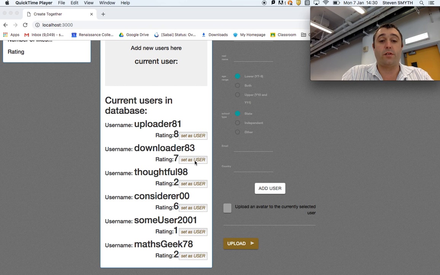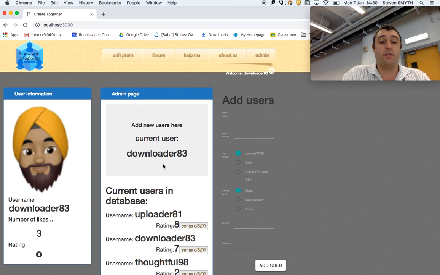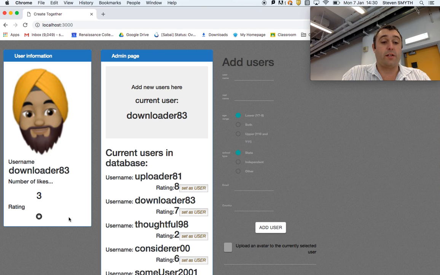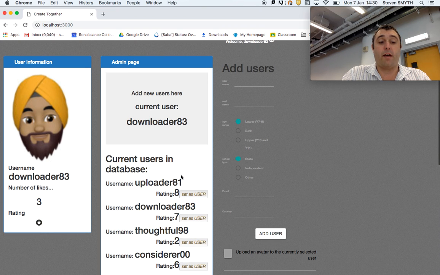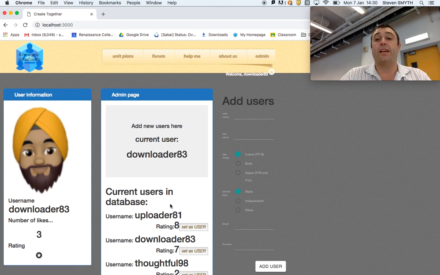I'm going to choose Downloader 83. I've already added some content into the database. So here's Downloader 83, number of likes 3. There's a little rating there, depending on how much content the user has contributed. The rating goes up if they make comments, if they like things, if they add, if they download, if they